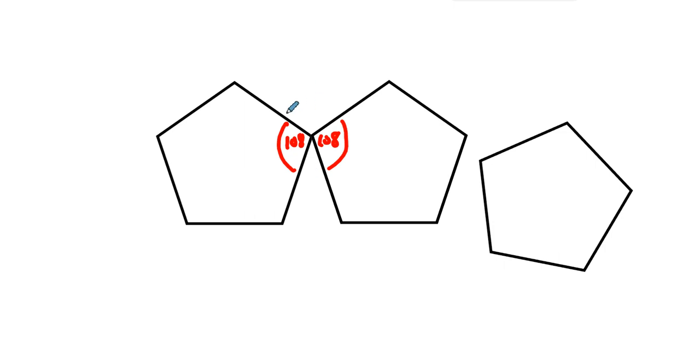So we can put another 108 here if we turn this just so, but that leaves a 36-degree gap. And who is going to fill that? There's no way to make a 36-degree angle here that fills that gap. And so pentagons do not tessellate the plane,